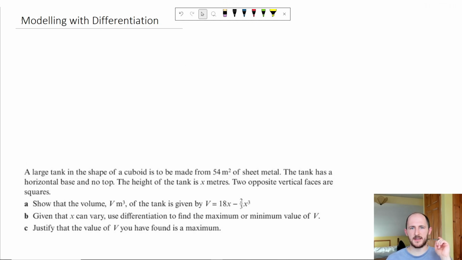This time we're going to be tackling modelling with differentiation. So a fairly tricky topic that comes up in both Year 12 exams and Year 13 exams. And as I said, it can really screw over a lot of students. And I think the reason why is this is one of the brand new skills in A-Level. So in GCSE we don't really have anything like these types of questions, hence why it's pretty tricky in A-Level